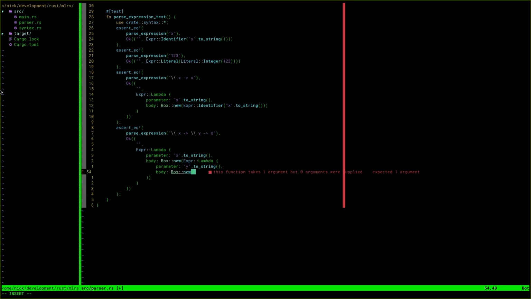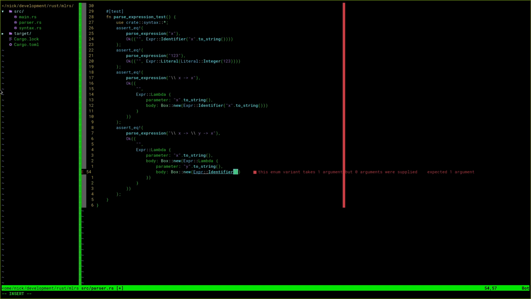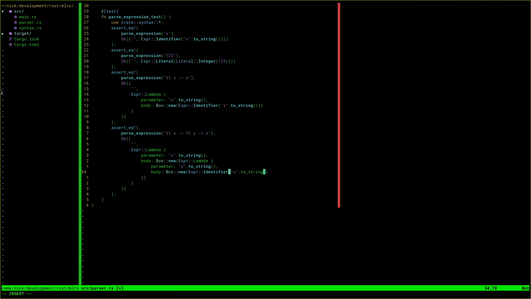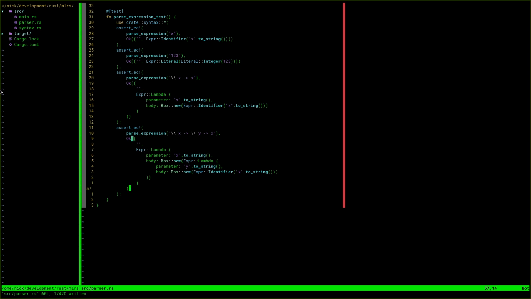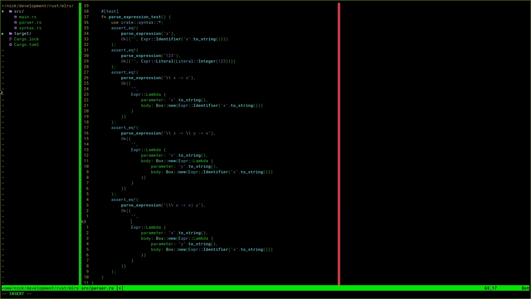This lambda will take a parameter y, and we can take in an identifier that shall be called x. I will have to add a ton of convenience functions onto this. And finally, I will want to say something like this followed by y should not be an expression lambda. It should be an expression, should be a binary expression